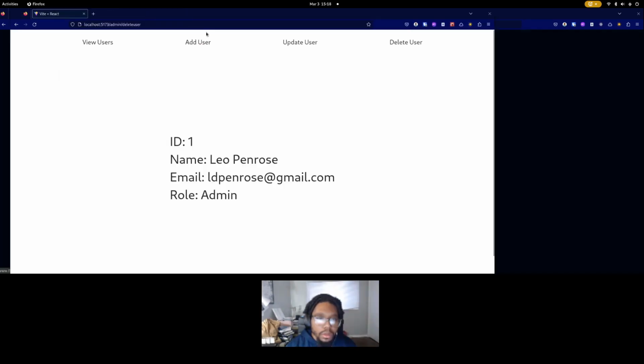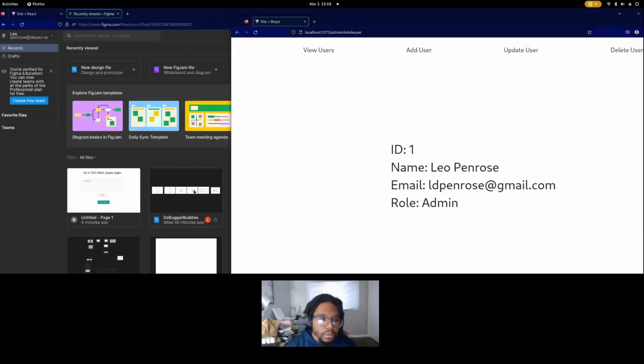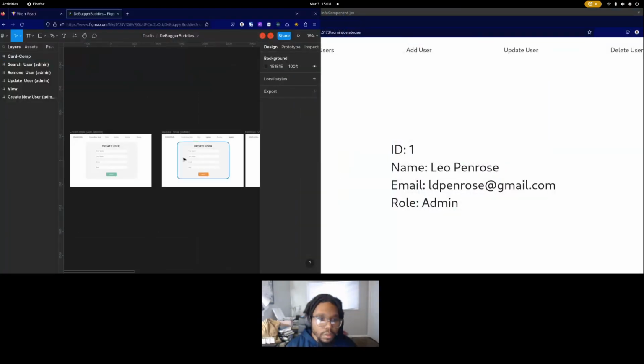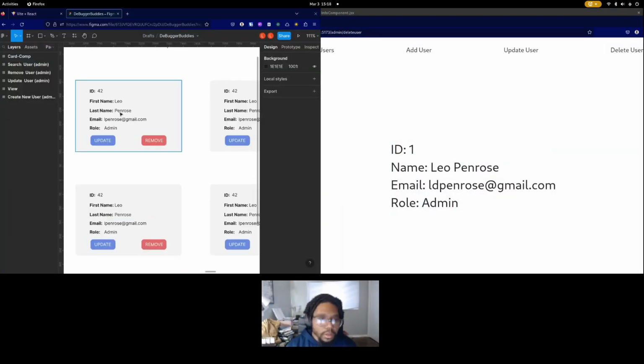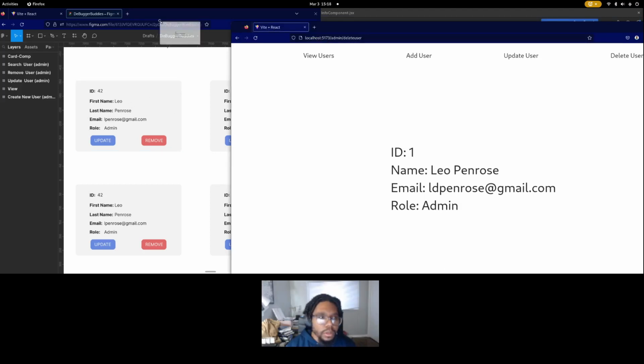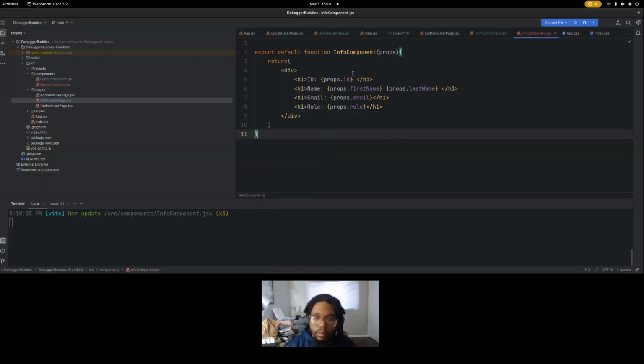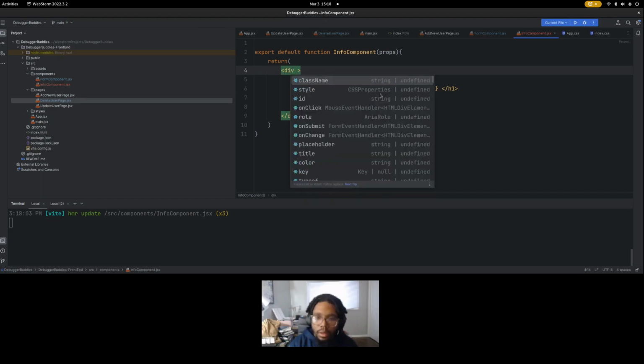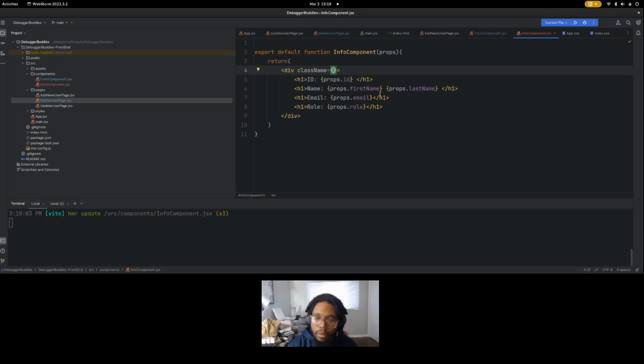Figma. Here. So we have ID, name, email, and role. So that's fine. So now let's just build the div or container that's around it. Put that there. So all this information is inside this div. Should I put the div inside the container? Well, just let this be the container. So we'll do className info card,